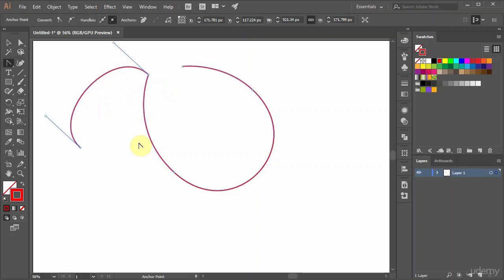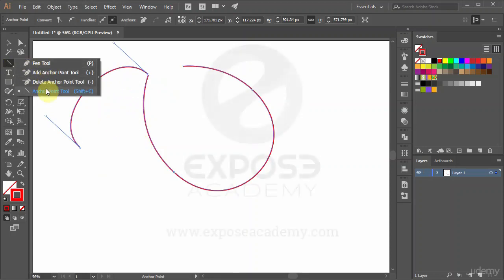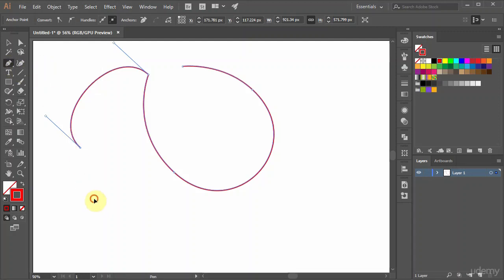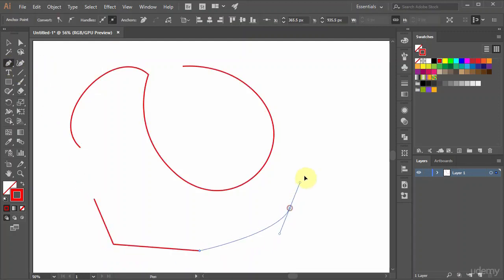Until now, you might be wondering, do I have to go back and forth to these tools when modifying shapes? Well, the answer is no. It would be time consuming to go back and forth to these tools to edit a shape. The main pen tool actually has all of these features, which are adding, removing, and converting points, available through keyboard modifier keys. Okay, so use the pen tool now and draw these random shapes.